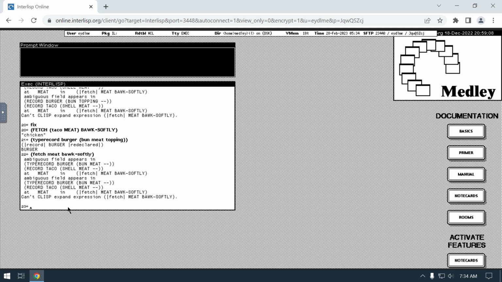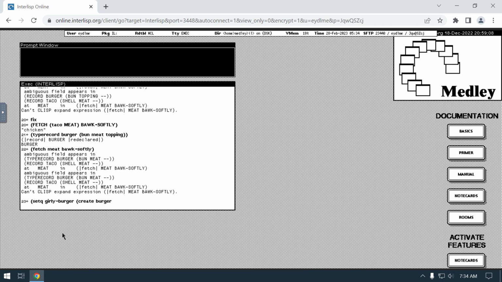And what this does, so we still need to make an instance of this type of burger. So let's just make a girly burger. Probably because the manly burger is still there too. But so set Q. I don't know if I could start trying to unbind those things and get it to stop doing that or not. But I guess it's not a big deal. So create burger, and then girly burger